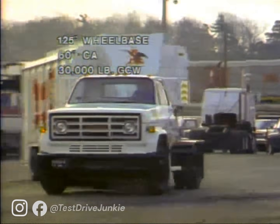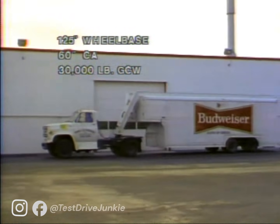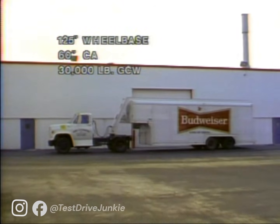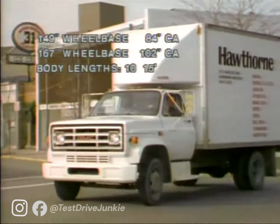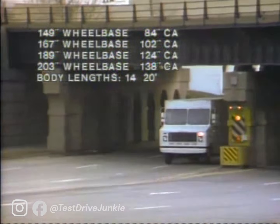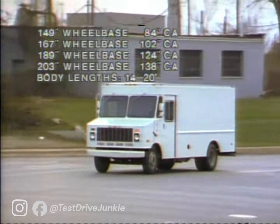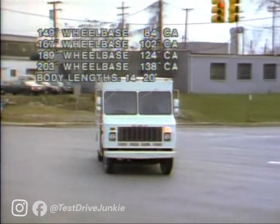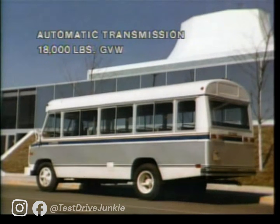CX cab chassis tractors for gooseneck trailers can fit the bill for beverage, livestock, racing, and construction industries, or any other jobs where a gooseneck trailer is used. CX cab chassis utility models with a longer wheelbase than the gooseneck tractors can accommodate dump, wrecker, car hauling, or stake bodies. The CX forward control commercial chassis can be found in many vocational applications, such as magazine and news distributors, wholesale bakeries, tool suppliers, linen suppliers, and truck rental services. Finally, the CX small transit bus model can be found around airports where car rental agencies and hotels shuttle people